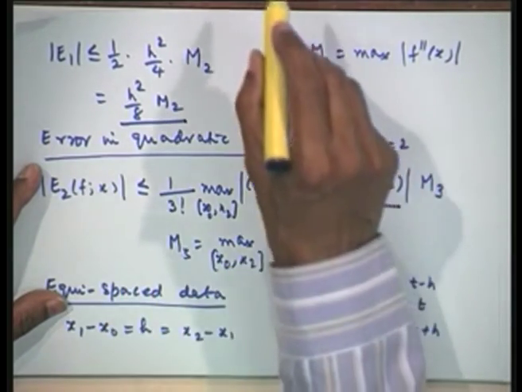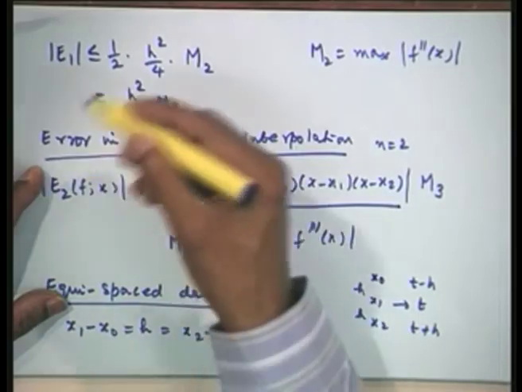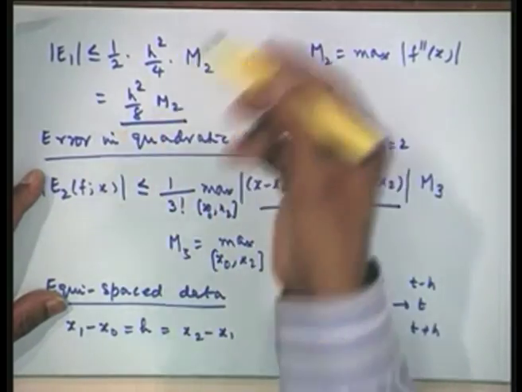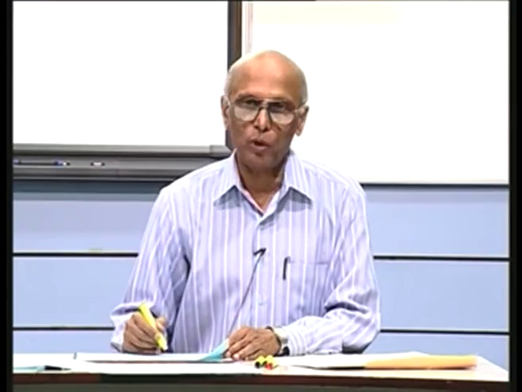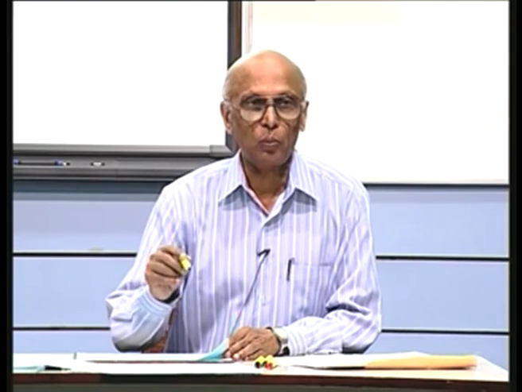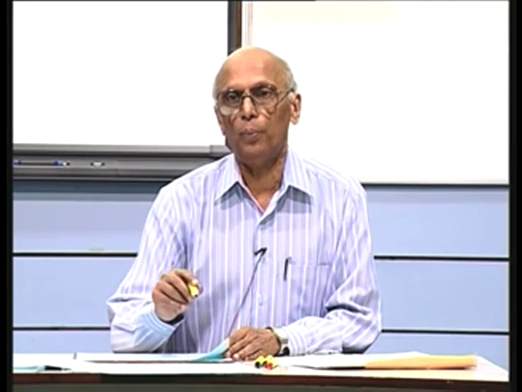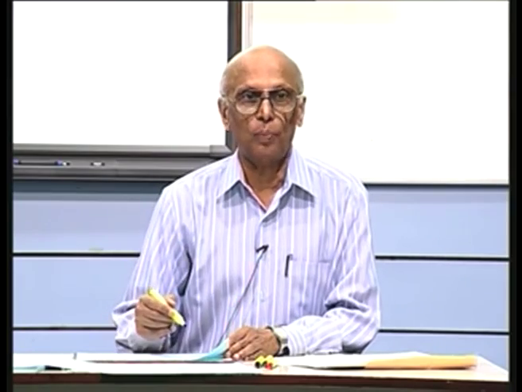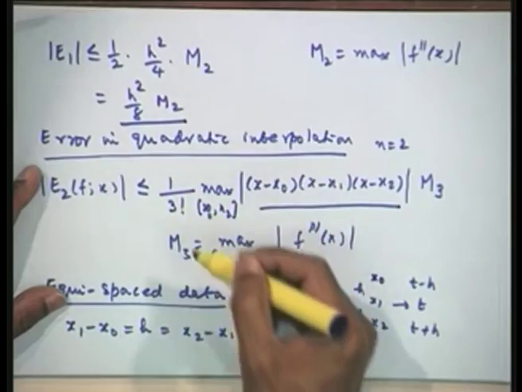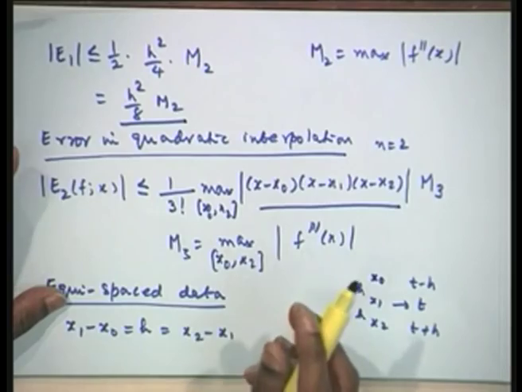If you remember examples 1 and 2, we finally said predict the value at a particular point, and we predicted the value. We shall now be able to say what the possible error of interpolation would be when we predict the value at any one of these interpolated points, either by a linear polynomial, quadratic, or in general by an nth degree polynomial. Now we shall take the examples on this next time.